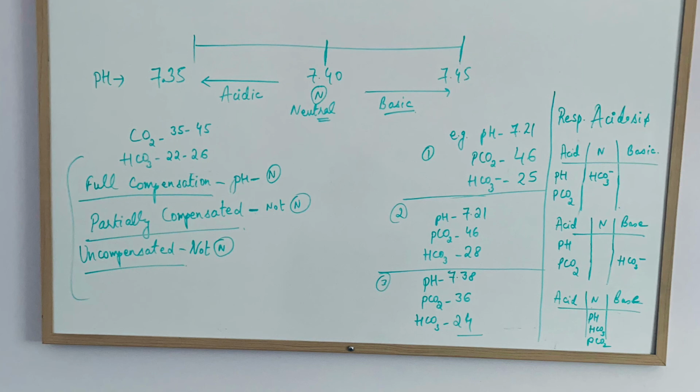You can put the acidic condition on the left side, the basic condition on the right side, and the normal condition in the midline. If the pH level is not maintained, it means there is no compensation. If one level is trying to compensate the other level and it has reached the compensation, it means full compensation. But if the pH is out, there is no full compensation, but it is trying to compensate, that means it's a partial compensation. I hope you guys are finding this compensation easy to understand.